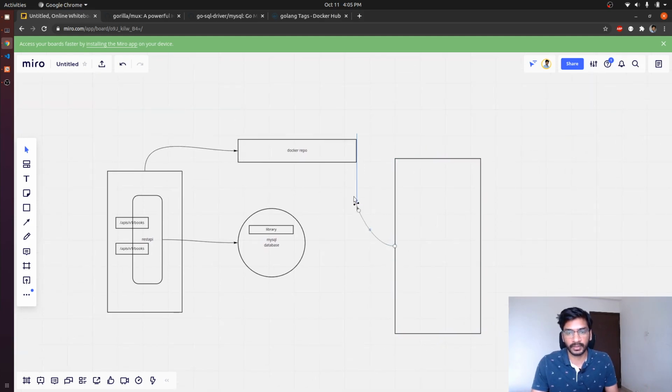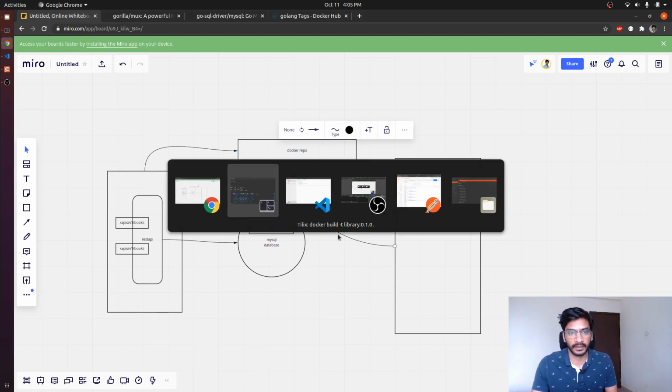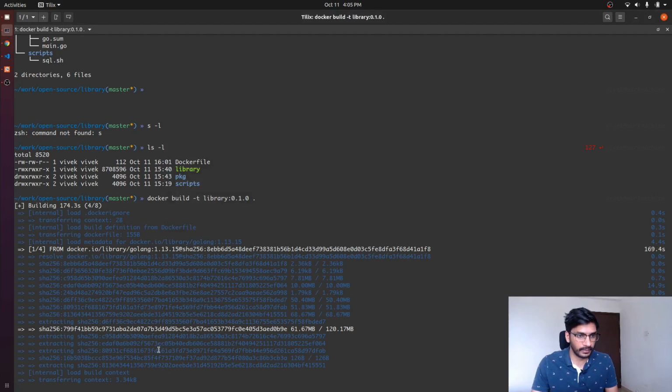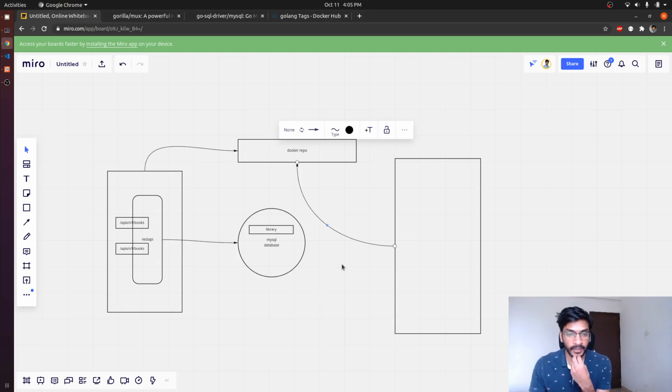So here we would be specifying where we want to fetch the image from. It is taking some time, it looks like. Once we have specified the repo and which image we want to run, Kubernetes would pull that image and run it. We are going to look into that in much more detail in the next videos.